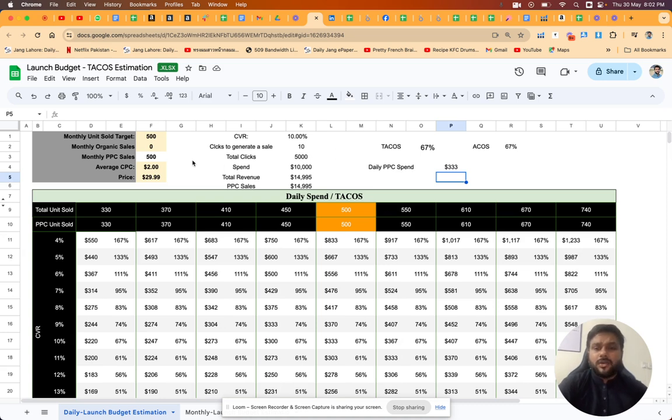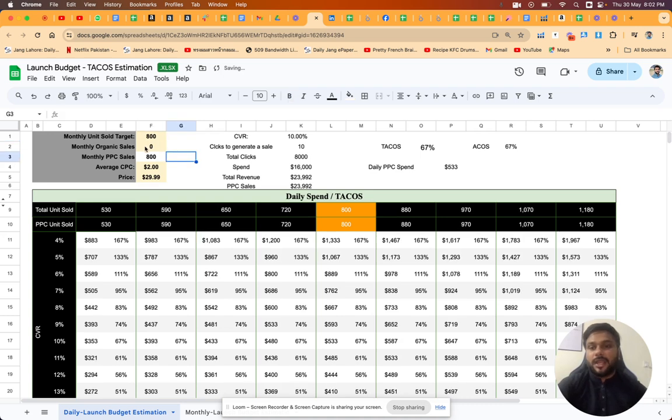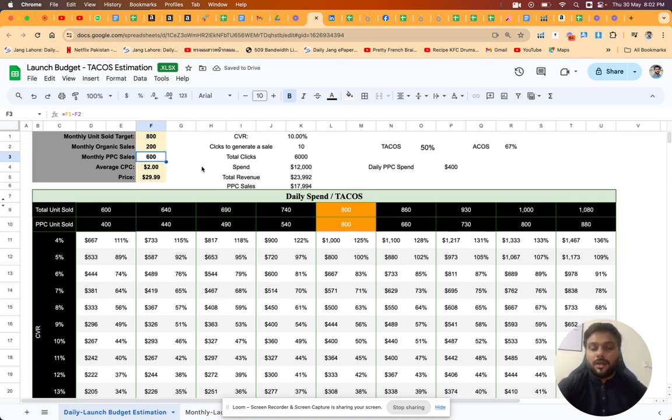So let's suppose now we are going to increase in the second month our total sales and total number of units, the PPC sales. So if I put here that we are getting 800 units in the second month, and we are getting 200 units organically in the second month. So what would be our TACOS and what would be our cost? Our TACOS would be 50%, which will be going down in the second month because we are now getting organic orders as well. And our ACOS